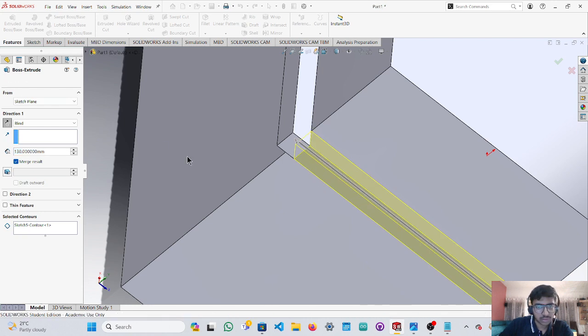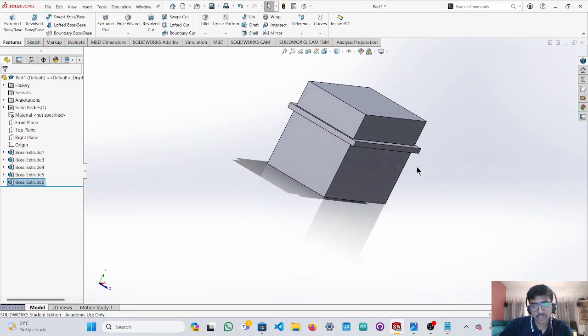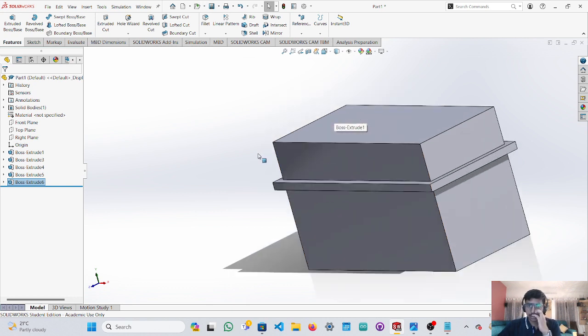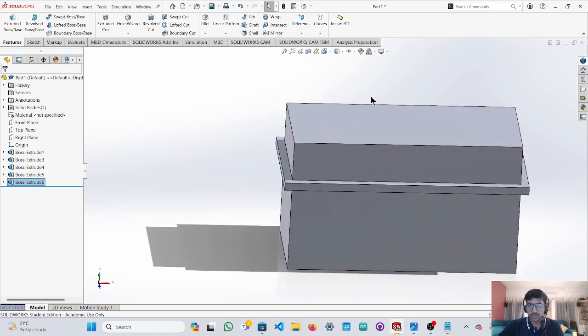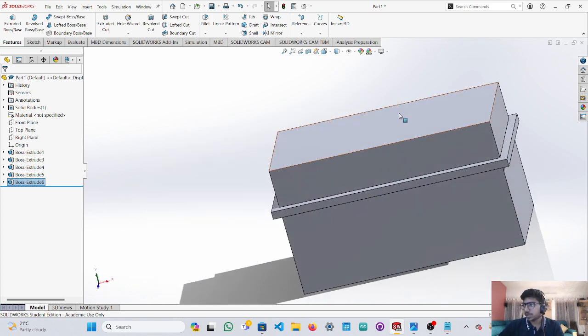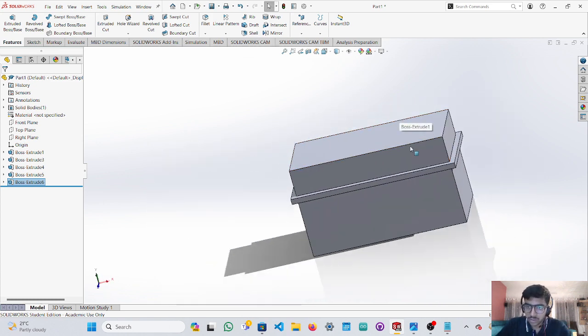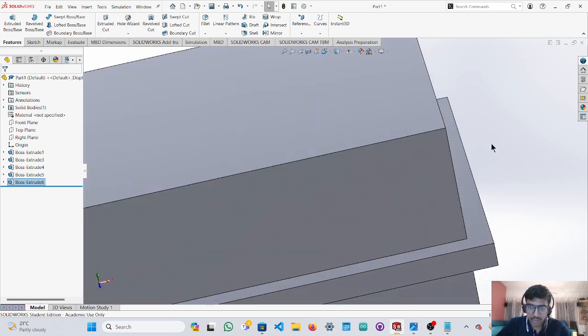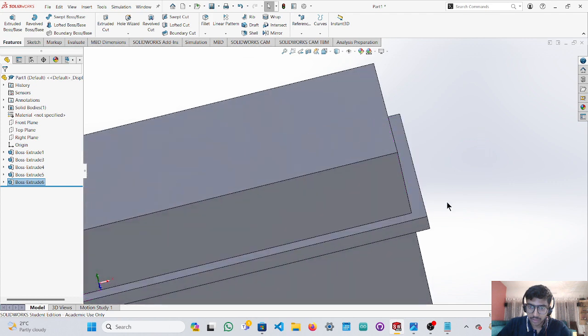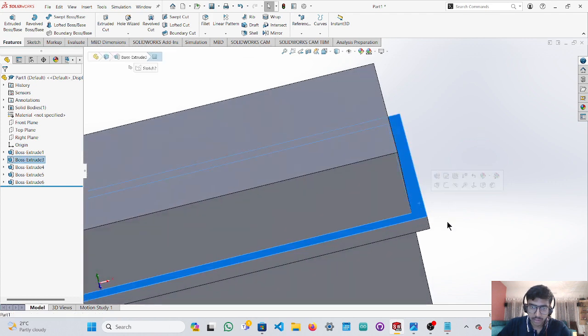Yep, so it's reaching the ridge. So now we have successfully made the ridge which we needed. And now what we need to do is make another ridge on the top side right here. So what we do is, if there's a way to